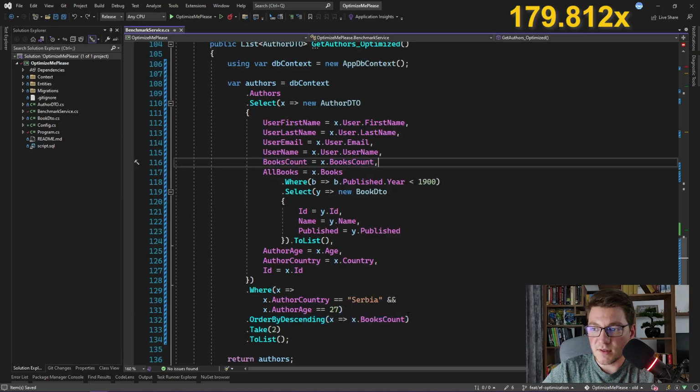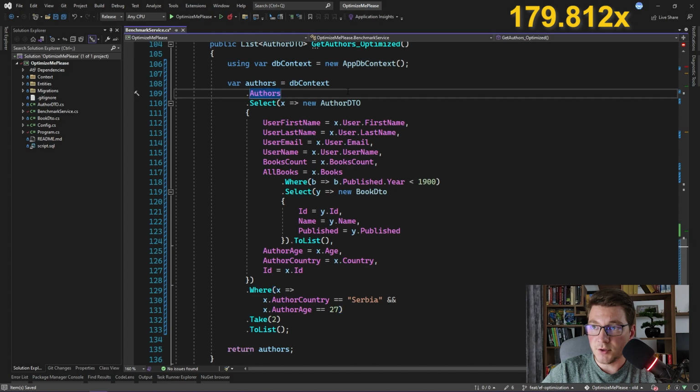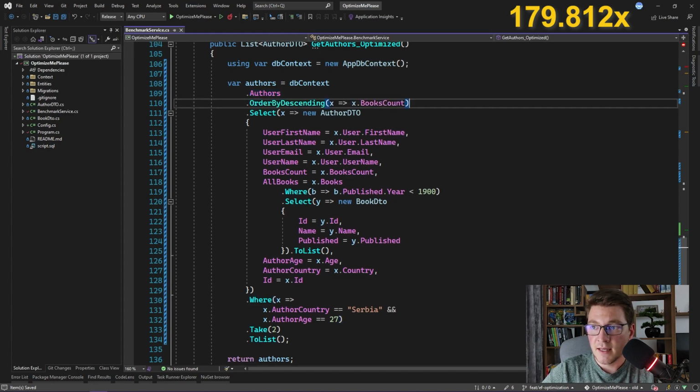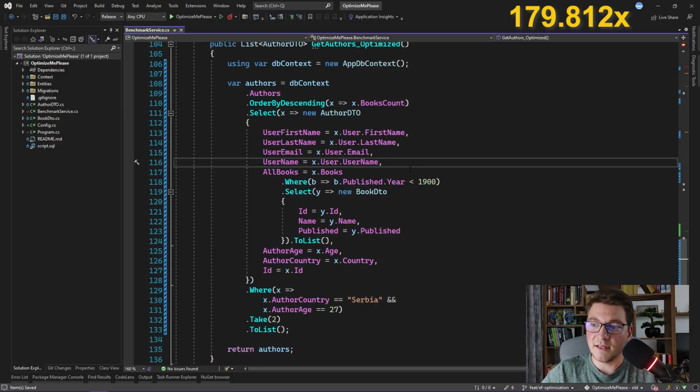The only reason for this is so that we can sort on this property later in the query. What I can do is move this order by statement above here before the select statement, and now I can get rid of this line here, and I don't have to return the books count from this query. And I think this is going to give at least a slight performance improvement, so I'm going to check that